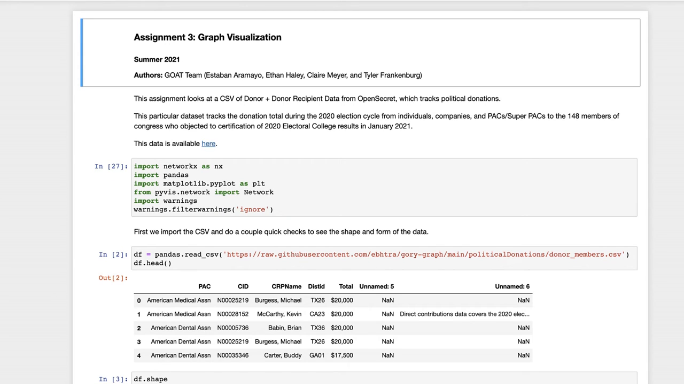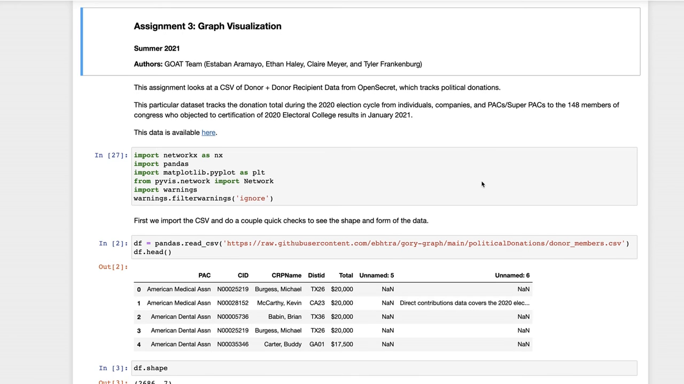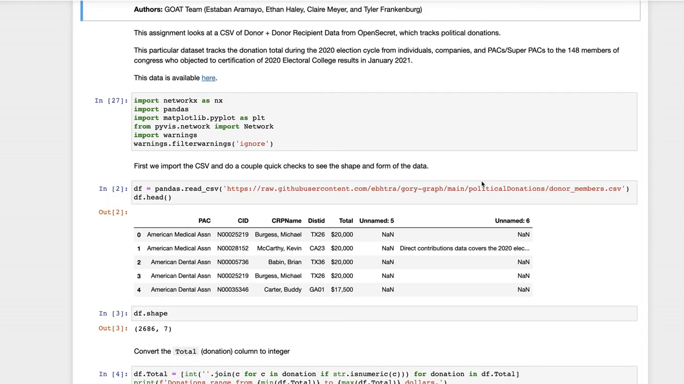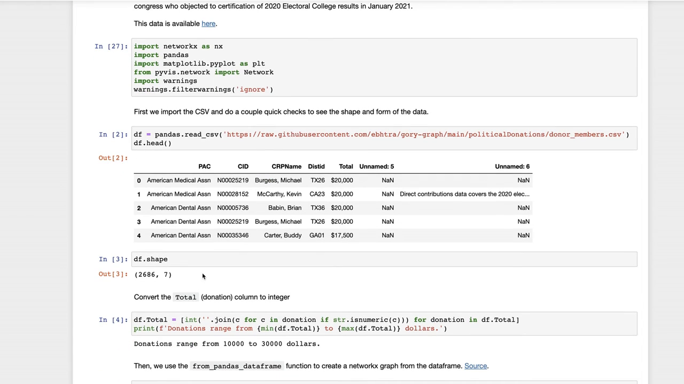We explored the political donation data that was posted on the announcements page of the course Blackboard. These data show the PACs and corporations who made donations last year to the 148 House representatives who objected to the electoral vote. Our goal was simply to get an idea of what this sort of donor network looks like up close. So we started by loading the data into a pandas data frame,